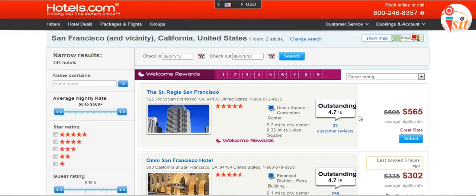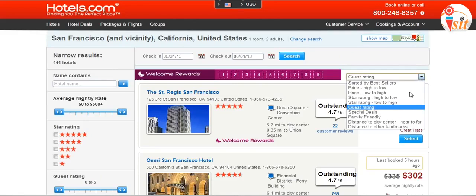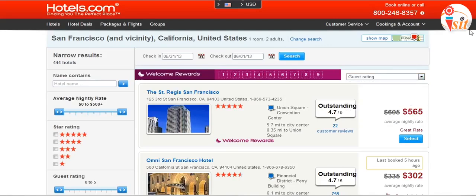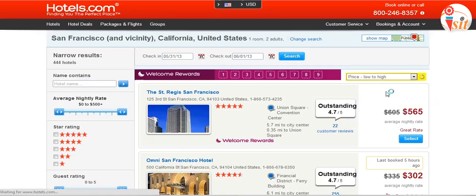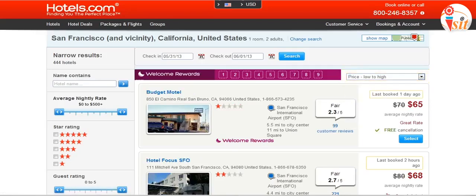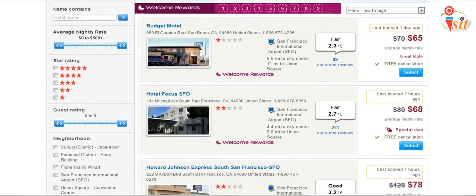Now have a look at this. When we go to a travel site to book a hotel, the site gives us all these options of sorting the hotels by price from low to high, or by star rating, or by guest rating. So right now I have my options sorted by guest rating, so the hotel with the highest guest rating is at the top. I may be on a budget and I may want to avail the cheapest option, so I would sort the hotels by price from low to high, and now the cheapest hotel will be at the top.